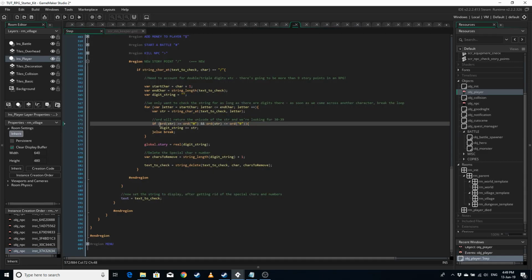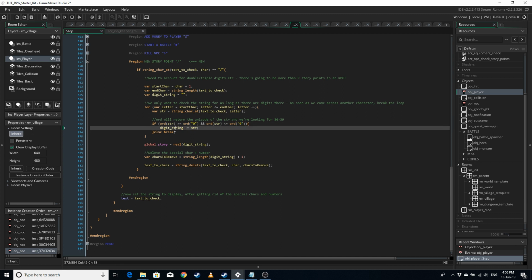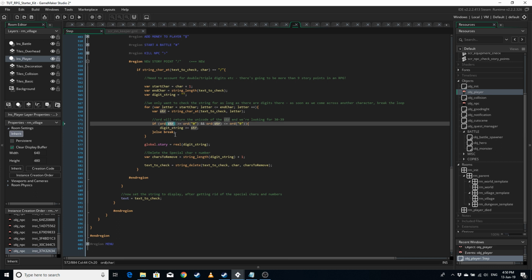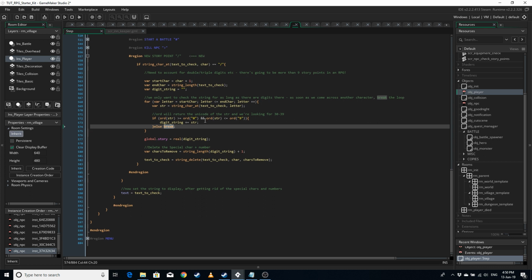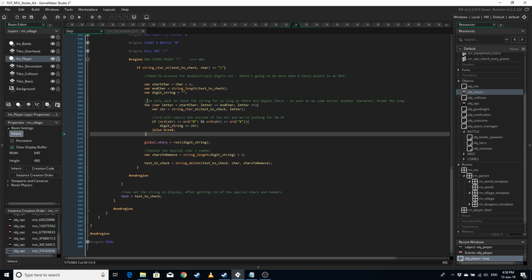So back to the code. If the ord of str is greater than or equal to 0, and it's also less than or equal to 9, then we know it's either going to be 0, 1, 2, 3, 4, 5, 6, 7, 8, or 9. Then we're going to add that letter to digit string. It's going to be a digit. If str is ever anything other than a digit, like I said, it's going to break out of this for loop. So once we've broken out of it, or we've gotten to the end of the text to check,